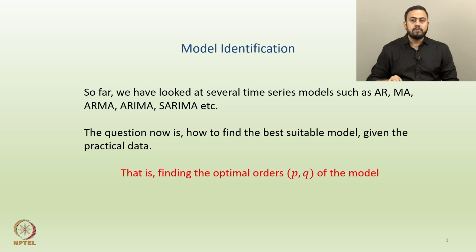Just to give you a short overview of where we are at this stage: so far we've looked at several different time series models. If you remember, we covered the random walk to begin with, a very simple moving average, white noise, or slightly more advanced processes such as autoregressive, moving average, then the combination of AR and MA, which is ARMA, the autoregressive moving average model. And if the real data has a trend, then one needs to model that using ARIMA, which means autoregressive integrated moving average.